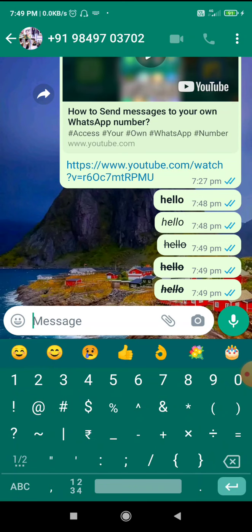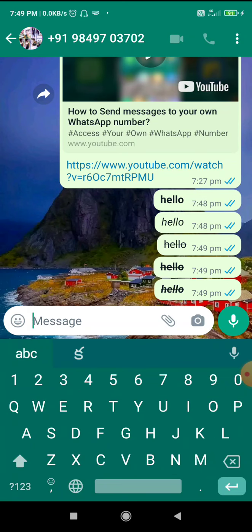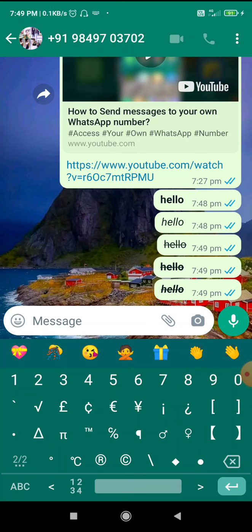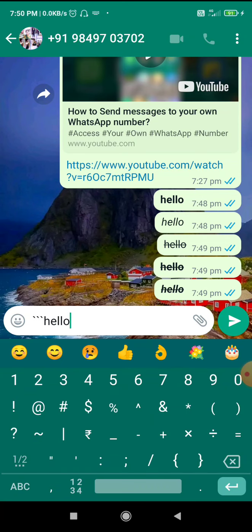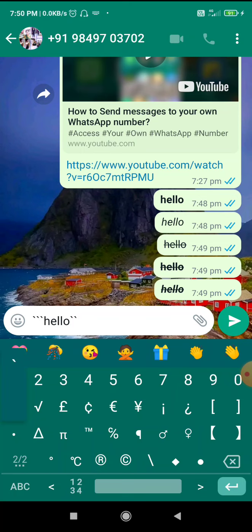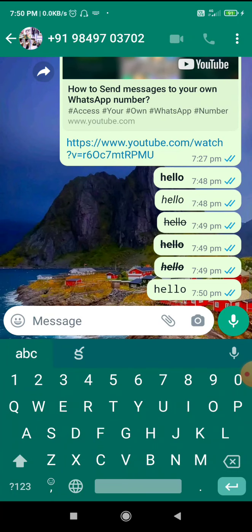And also if you want to change the style of the text, you can use the symbol 3 times. Observe the symbol that I am typing, you can see the style of the text is changed, right? So these are the facilities that we can use to make the text bold and italic.